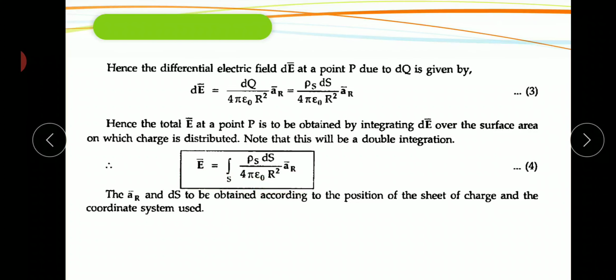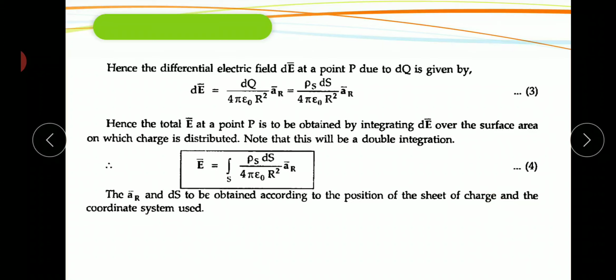So E bar is equal to the integral of rho s ds by 4 pi epsilon naught r square times aR bar. Here the surface integral means a double integration. Why? Because the surface has two variables, so this expression is integrated two times. Here aR bar is the unit vector, and the differential surface is obtained according to the position of the sheet